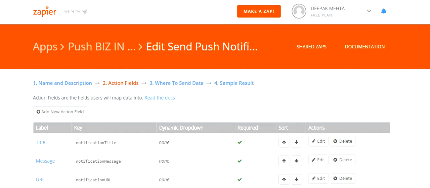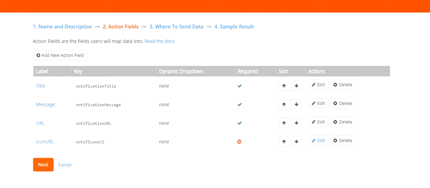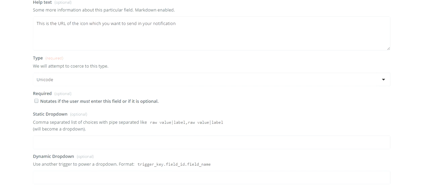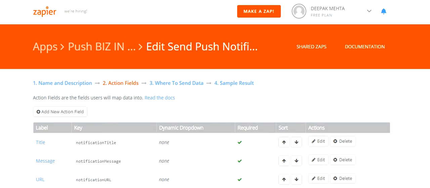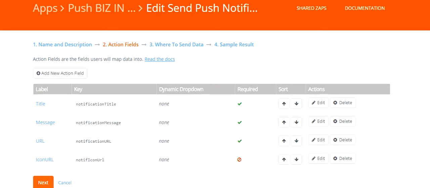You have seen that some red type of image is shown. Let's see why it's being shown. It's showing it's optional. Basically, you have seen I have unchecked this checkbox. So if you uncheck this checkbox, it's an optional thing for the end user. He may or may not enter data into this field.